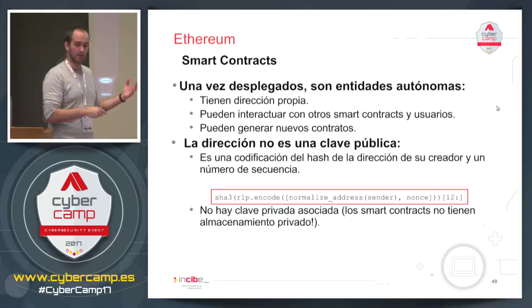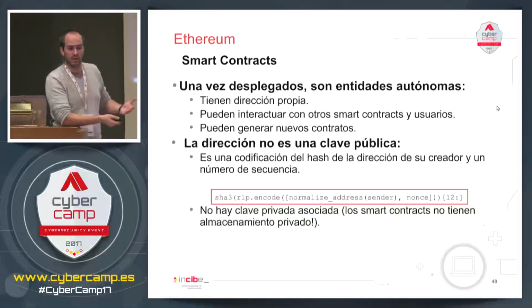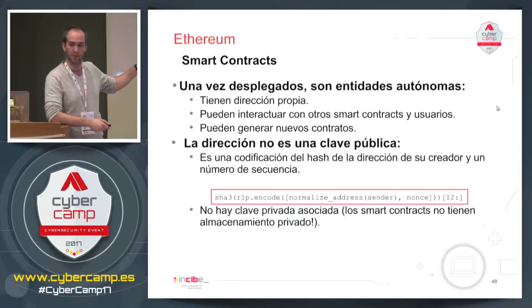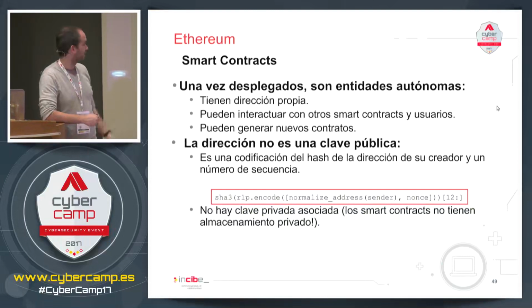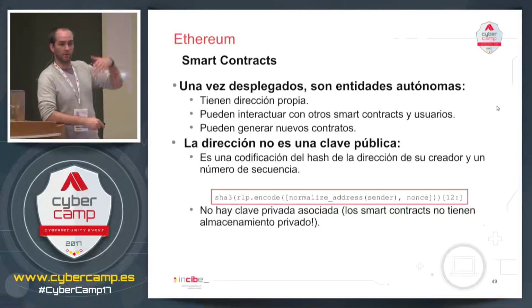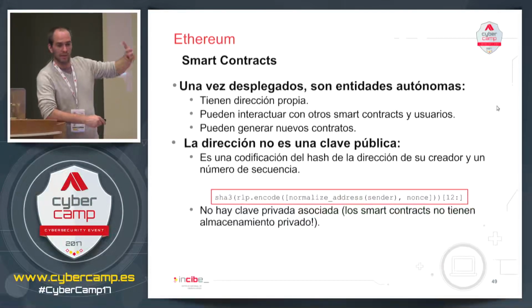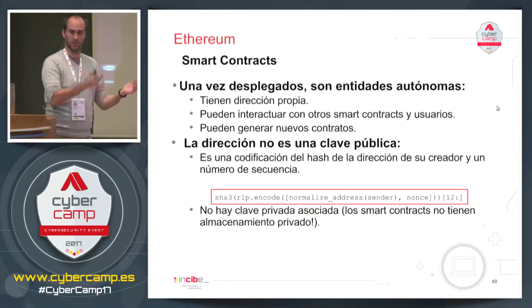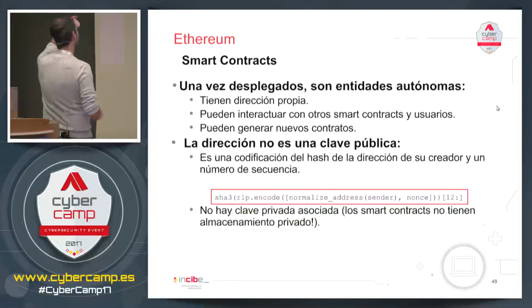If you want to send money to this contract, we want to invoke a transaction from one function that is already programmed in the smart contract. You will have to specify, well, I want to execute this transaction, and what is the recipient, with 1, 2, 3, 4? That's the address, or any type of address.